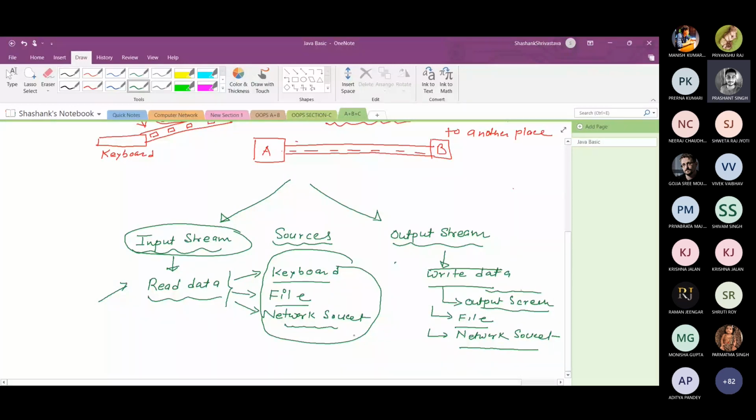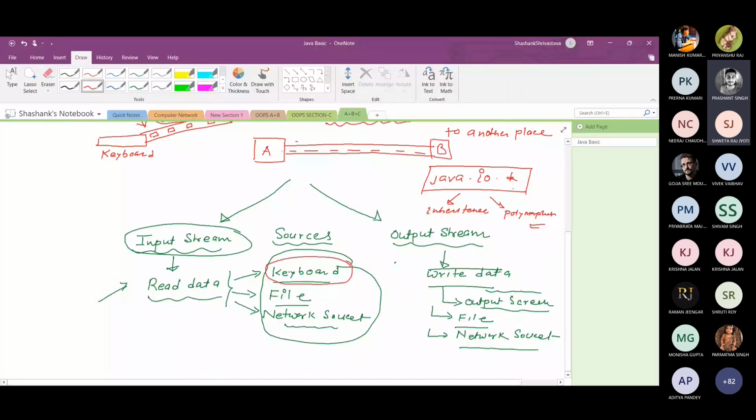So in today's lecture, we will only discuss how we can read the data from the keyboard. We are not going to discuss the whole input output streams. Input output streams is part of the package java.io.*. We will discuss this package in detail later, because to study this package, certain object oriented concepts are required, like inheritance and polymorphism. We cannot understand this package at this moment, so we will study some basic classes here in order to take data from the keyboard.